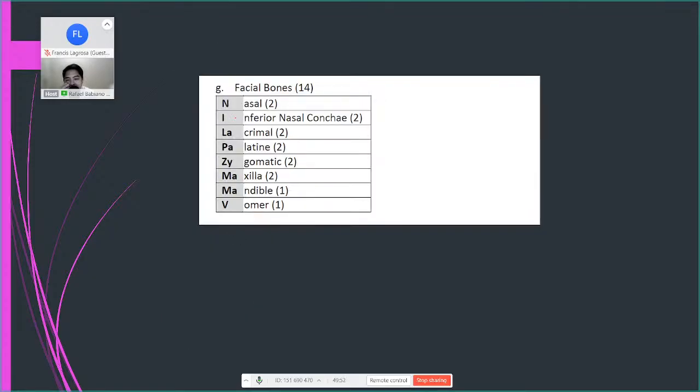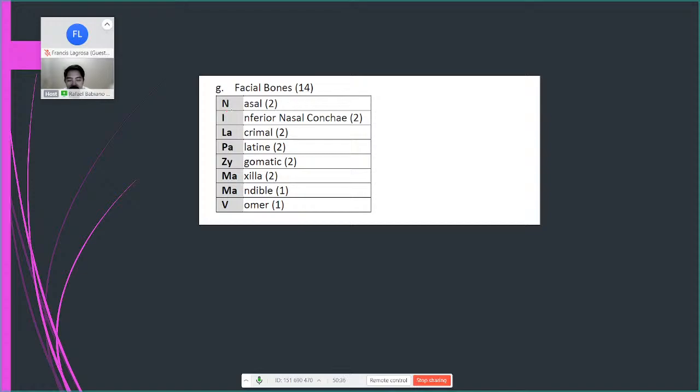Then we go to the facial bones. By the way, you need to memorize these. I was practical about memorizing the bones. Okay, facial bones. For the facial bones, there is a code: Nilapa si Mama V. That's the code. This is the code that was given to us when I was still a student, and I brought that until the board exam. So if you want that, you can use this code. If you want to make your own code or another code, then it's fine, of course.